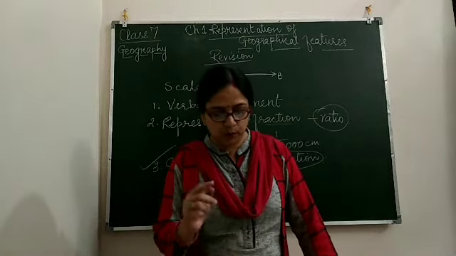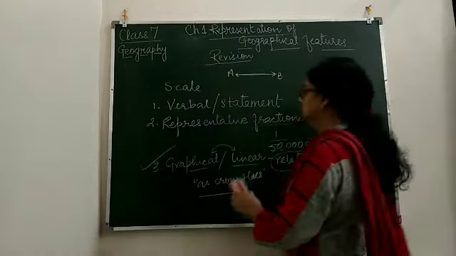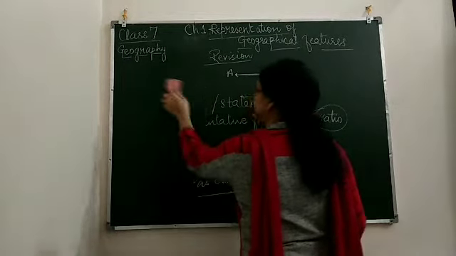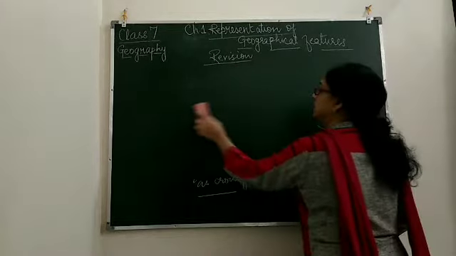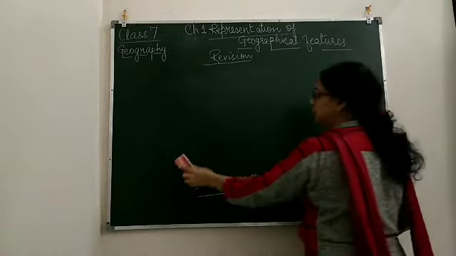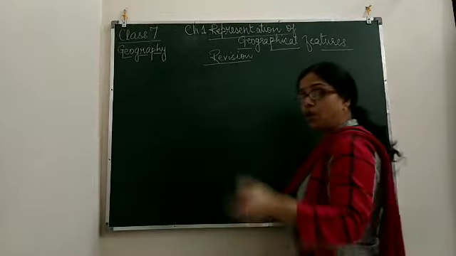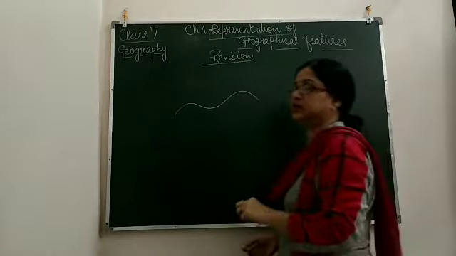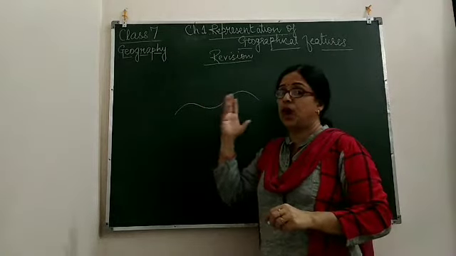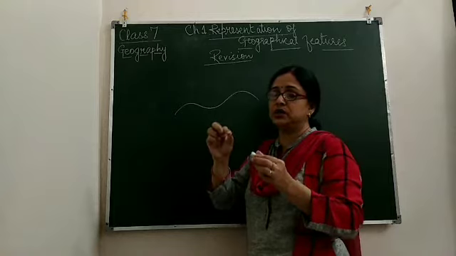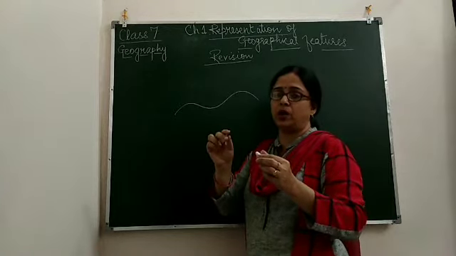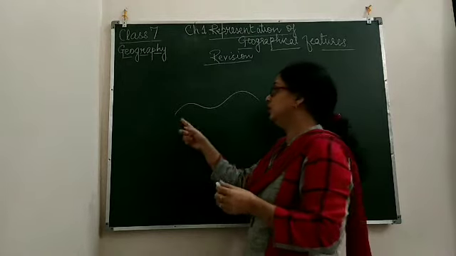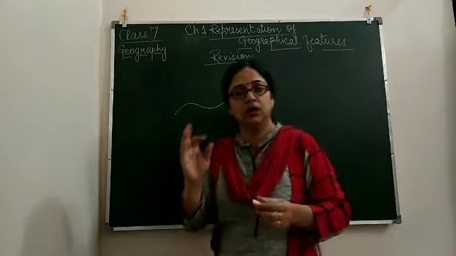Next one is to measure the distance of a curved line, where suppose a canal is there, a river is there. So we have to measure the distance of the curved one, which I already explained when I was explaining the chapter. I have explained how to measure. The method I already used the string and also the piece of paper. So two methods are there to measure the distance of a curved line.